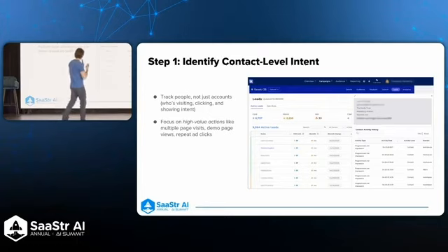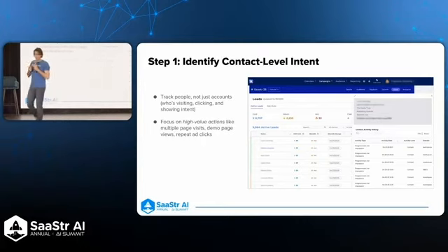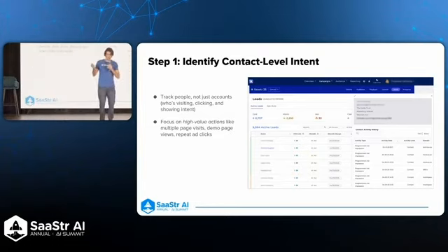The first thing, whenever you're doing any sort of marketing sales alignment motion, is to make sure that you're tracking people, not just companies. There's been a big push over the last year or so to do contact-based marketing: de-anonymizing contacts that visit your website, understanding the contacts that are clicking on your ads. So everything goes down to the individual instead of just the company. What you're really trying to do is find the interested parties, so that you can focus your sales team around the people that are actually interacting instead of just working a cold list. Essentially, give sales the warmest list you can.